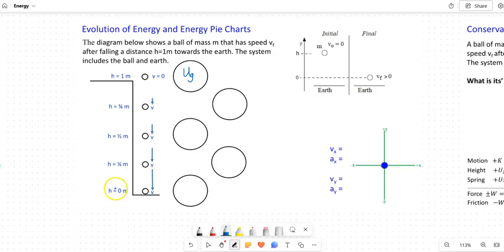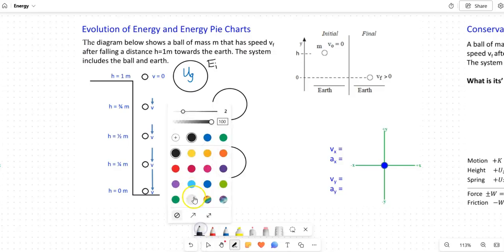Later on, when the ball has almost hit the floor, it's about touching the floor and it's at its maximum velocity, but it's at its lowest height, which is basically 0. Well, this is all kinetic energy in the end, okay? Now, what conservation of energy says is this initial energy that you added here has to be equal to this final energy. So this is the final energy. This is the initial energy, okay? So this energy is going to transform from potential energy due to gravity to kinetic energy,